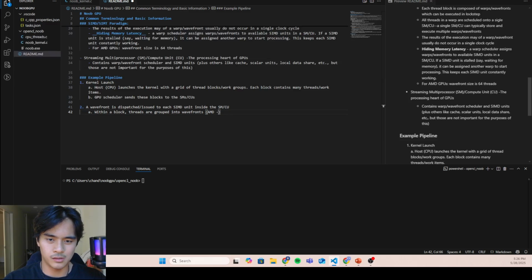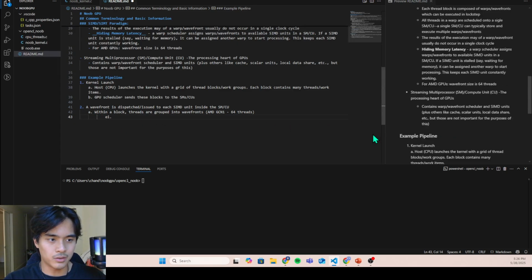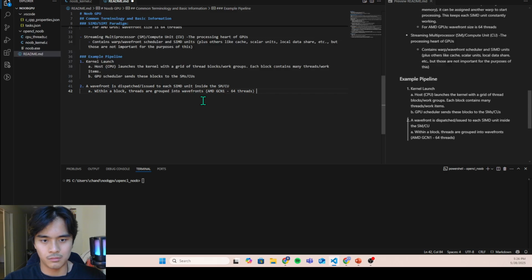On AMD GCN1, it's 64 threads. Is this processing? All right, and then